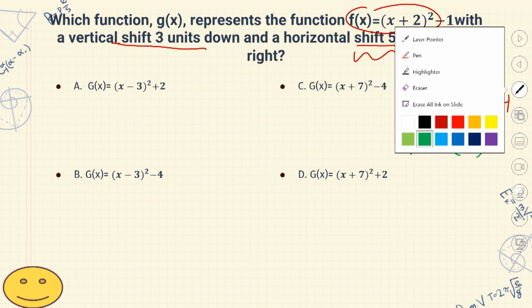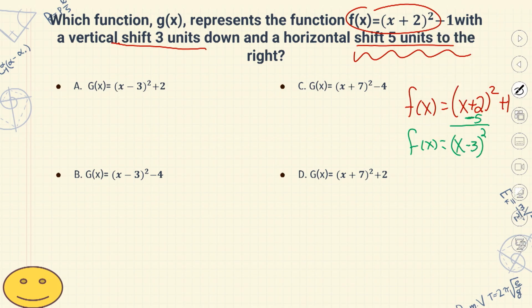So let's get a different color for that. Let's do purple. Since I am shifting downwards, that is subtraction. So I'm going to subtract here, and I am going to get what? Oh, that's subtraction of 1. Okay, so I'm subtracting 1. So I have negative 1, and I am going down, so I subtract it again, so I have minus 4. So my new function is f of x, or it's g of x in this case, equals (x minus 3)